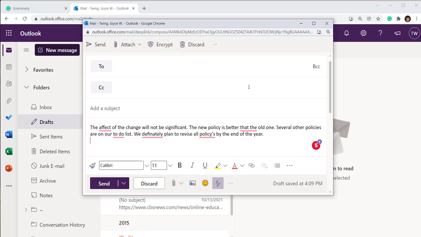It will correct your writing errors in email regardless of the email server you use. It will correct your writing errors on social media posts. It will correct your errors on comments on websites. Any electronic environment, the grammar editing tool will correct errors in your writing. Now, I'm not going to tell you that it will catch every single error that you make, but Grammarly is getting a lot better at catching and correcting even contextual errors. But I can tell you that it will catch proofreading errors, and it will catch a wide variety